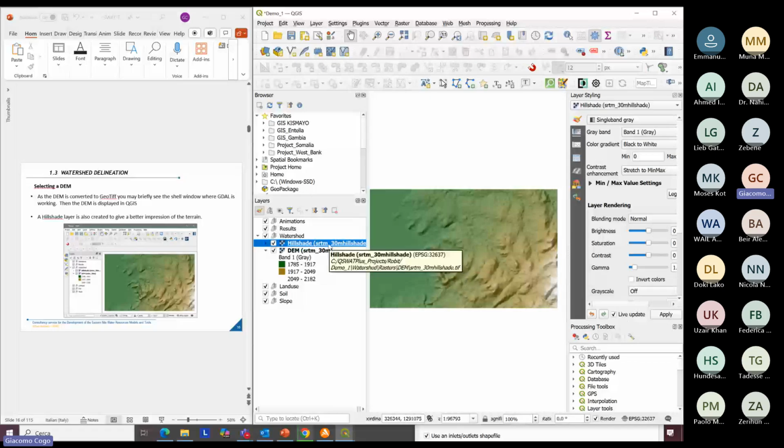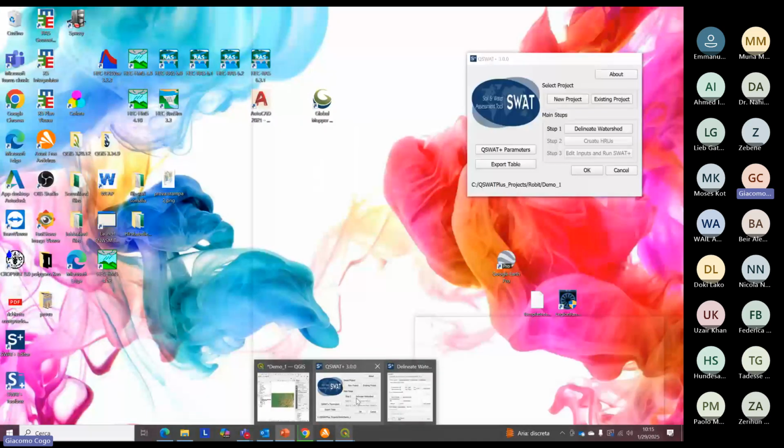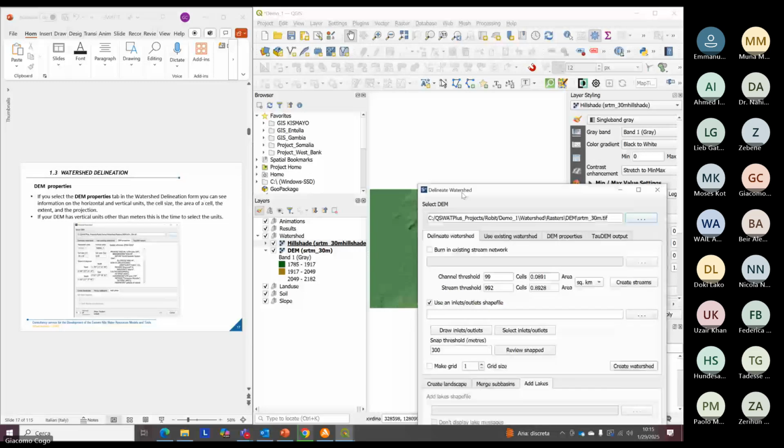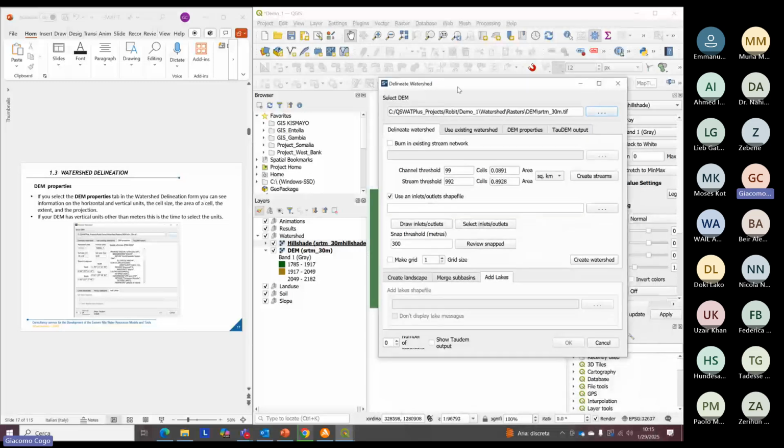So this is about the import of DEM in our model. The next step, okay, if we go back to... okay, let me see here. Okay, once we have